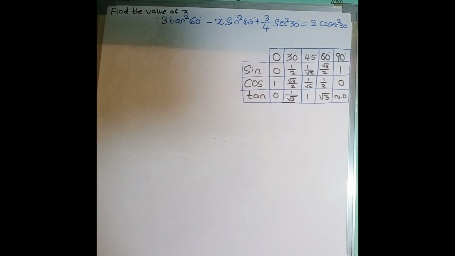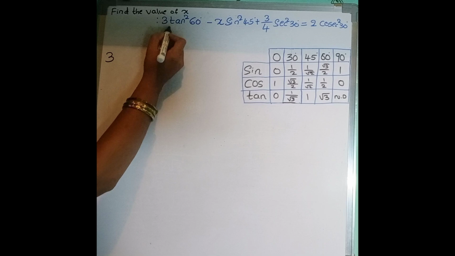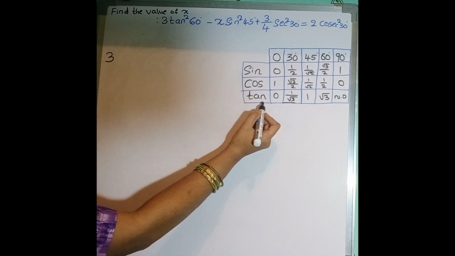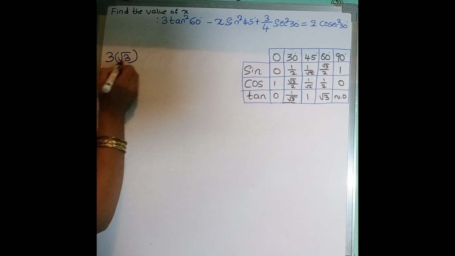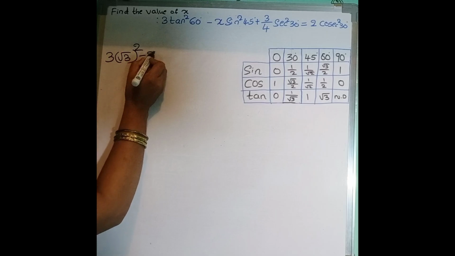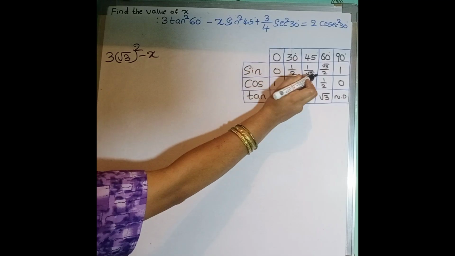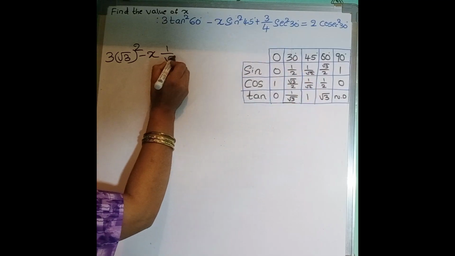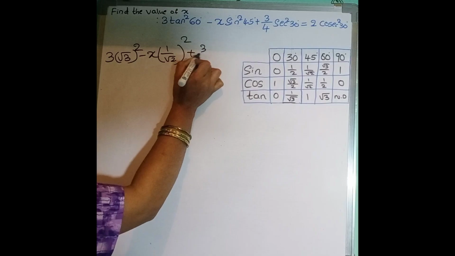3 tan square 60 degree. Write 3 as it is. Tan square 60 degree, that means the tan 60 degree value is root 3. Root 3 whole square. Minus, write x as it is, into sin 45 degree. The value of sin 45 degree is 1 by root 2, whole square. Plus 3 divided by 4